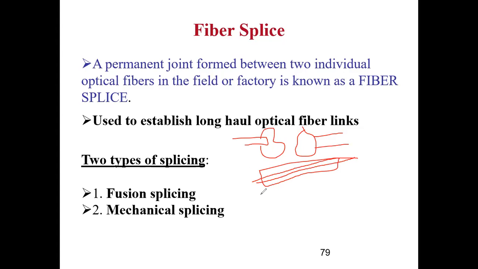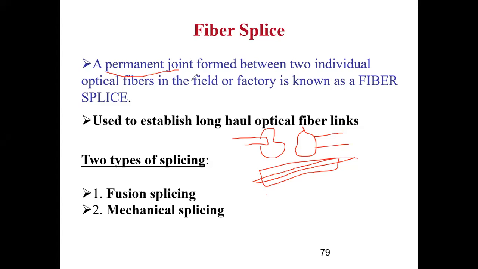So whether I have so many tubes, I will put them in a tray, whatever kind of arrangement, and then I will again put it below the ground so that it remains safe. Now, a connector is something else. I will categorize a connector as a non-permanent joint. So if somebody asks what is the difference between fiber splicing, mechanical splicing or a connector, mechanical splicing is a particular permanent joint. Different kinds of mechanical splices are there.